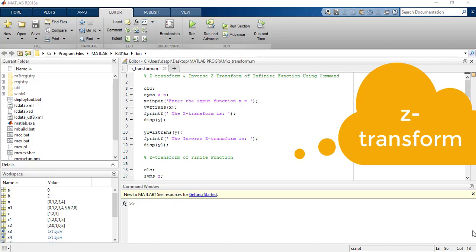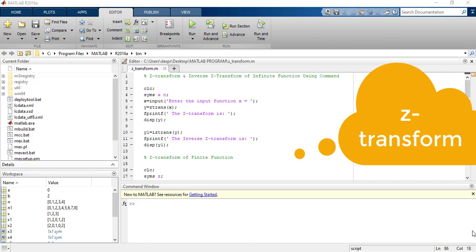Now first, why is this transformation required? Basically these transformation techniques are used for better analysis of signals. If you want to analyze the signal better, you have to apply these types of transformation techniques. Now Z transform, inverse Z transform: how can you perform Z transform, or check the properties of Z transform, using MATLAB? That I will show you.